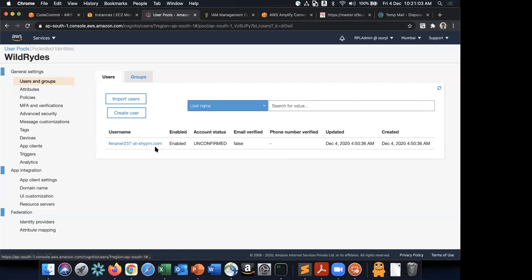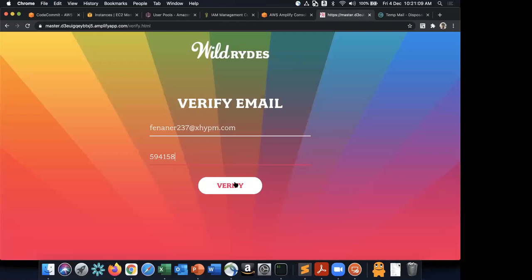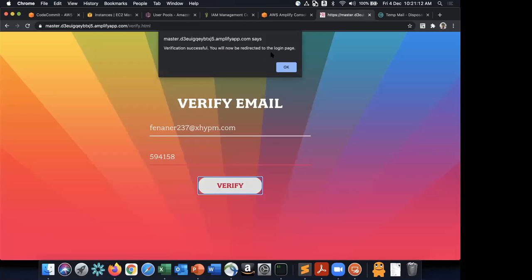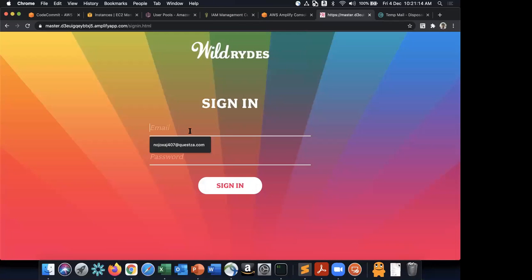Yeah, see, it's registered this user, but the account state is unconfirmed. Okay, so let me just go ahead and verify that user. Yeah, verification successful. Yeah, so now you go to,